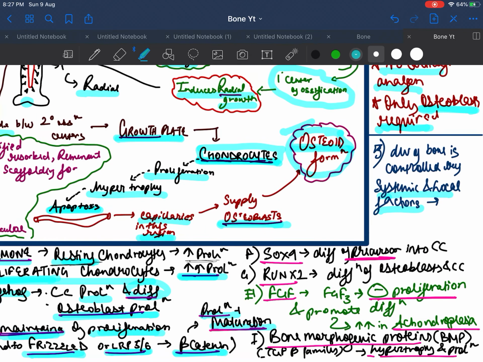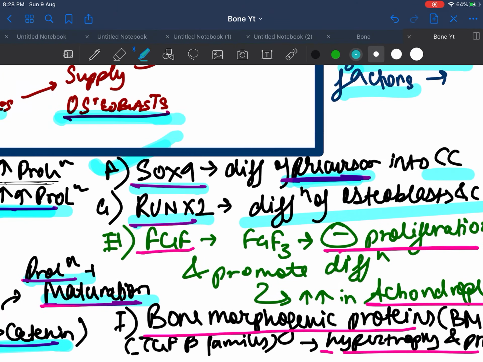Now we have other genes also, SOX9 and RUNX2. SOX9 acts on the precursor. It helps in the differentiation of the precursor into chondrocytes. So this is a unique gene. It acts on the precursor of the chondrocyte, and RUNX2 is for the differentiation of osteoblasts and chondrocytes. Now the last two are